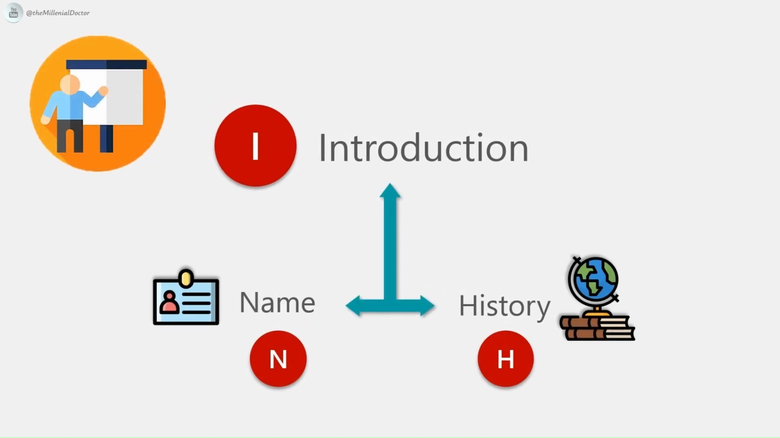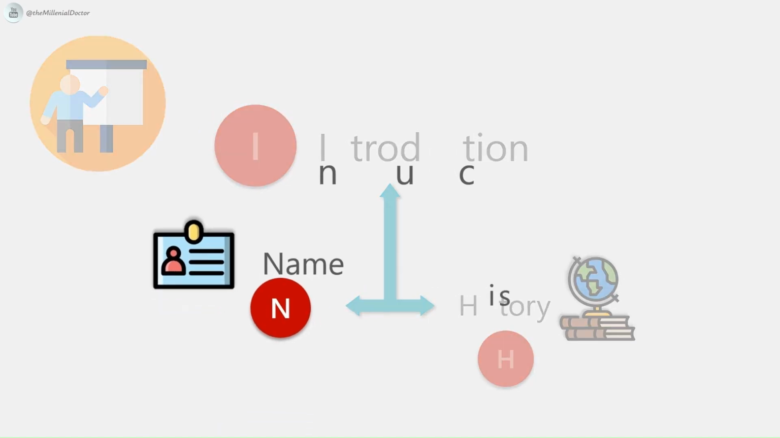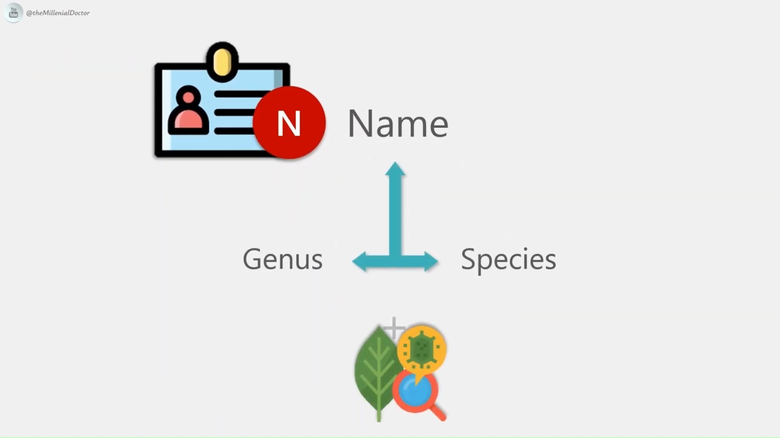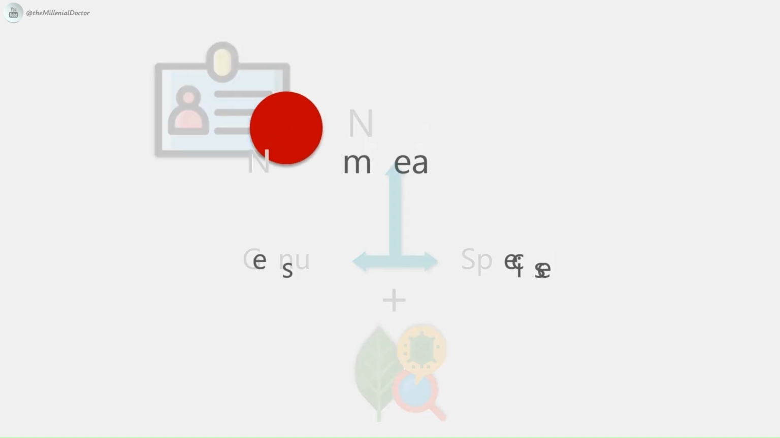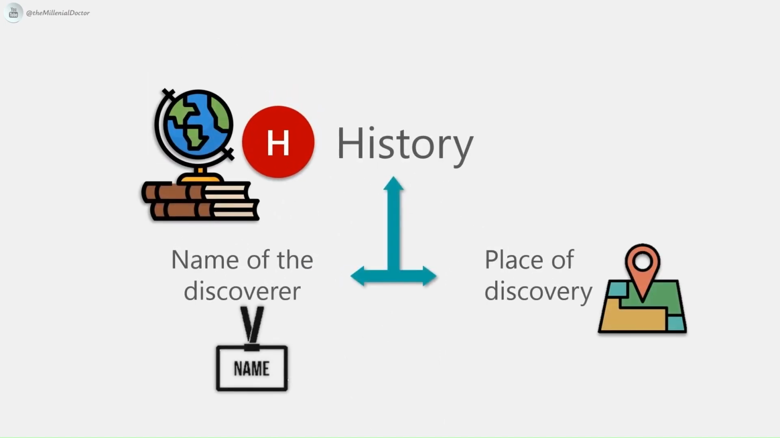Introduction comprises of two parts, Name and History. Under Name, we study the genus and the species to which the parasite belongs. So usually a parasite has two parts in its name. The first part comprises the genus of the parasite and the second is the species to which it belongs. Next, History. Under History, we study the name of the discoverer of the parasite and the place where it was